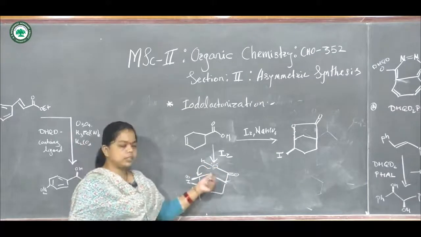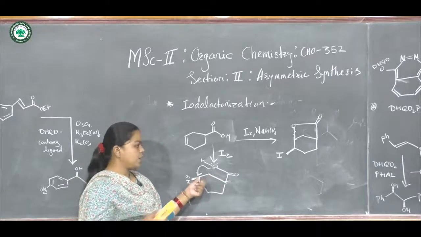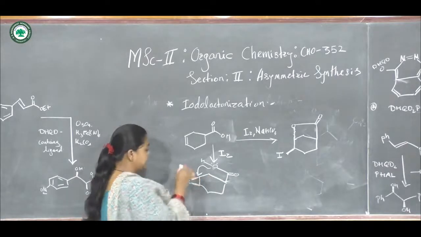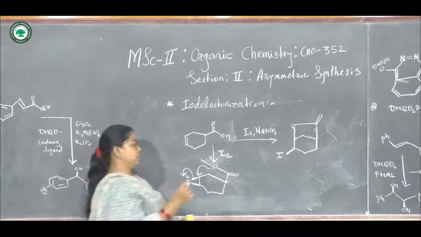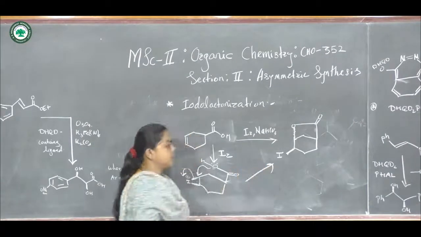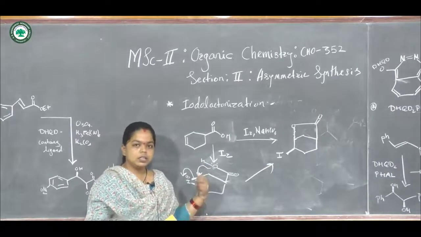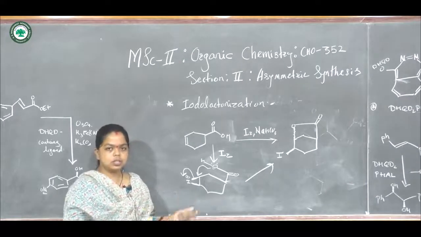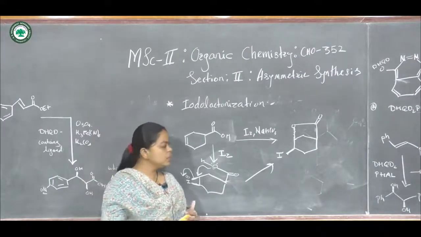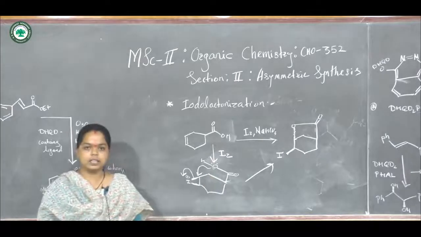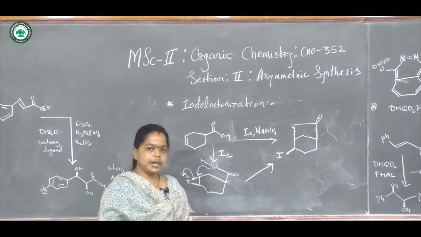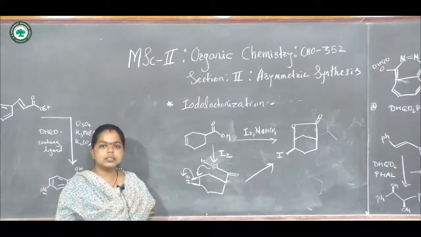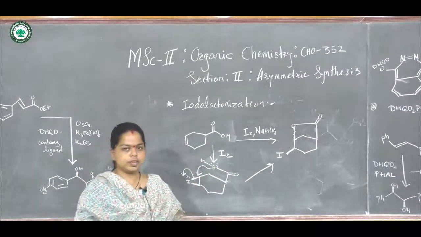Now this carboxylate group can attack this iodonium ion from the below side, from the bottom face, and the iodonium ring will get opened from the front face. Accordingly we are getting the reverse stereochemistry in the cyclic compound in this particular example. Generally we get the alpha oriented iodine, but in this example we are getting the beta oriented iodine, and the lactone is found to be alpha oriented. So these are the examples of the iodolactonization reaction.